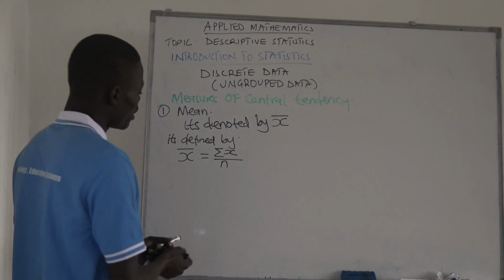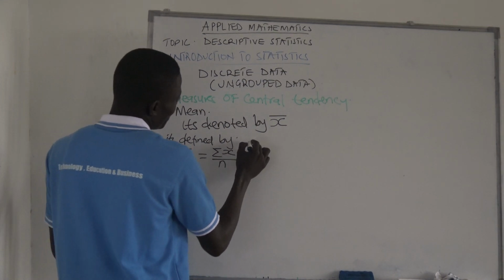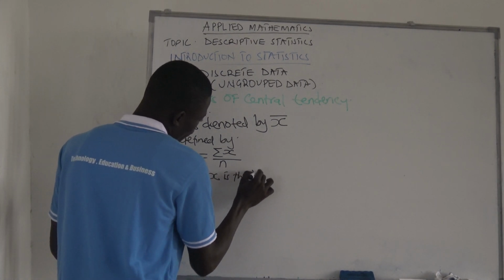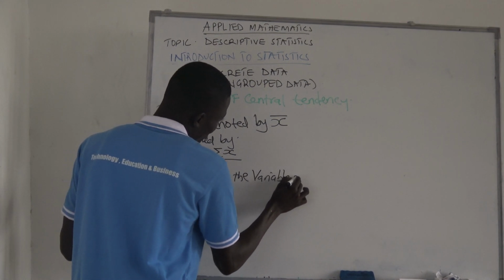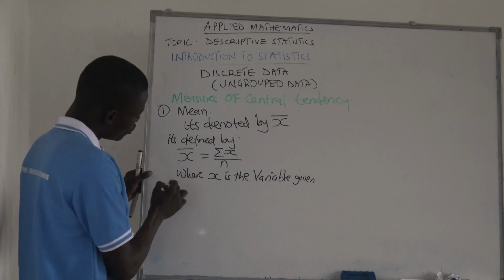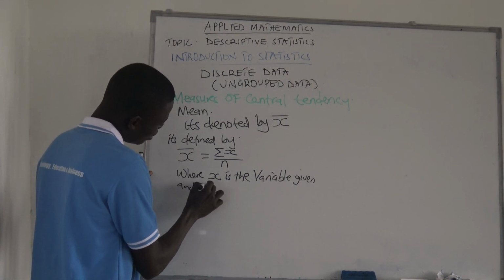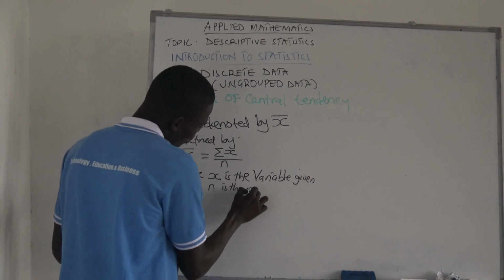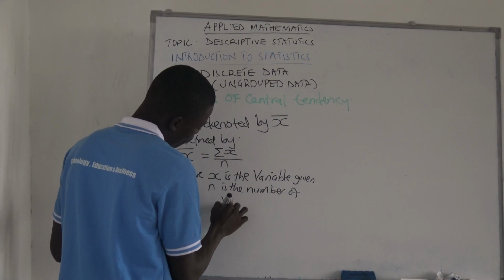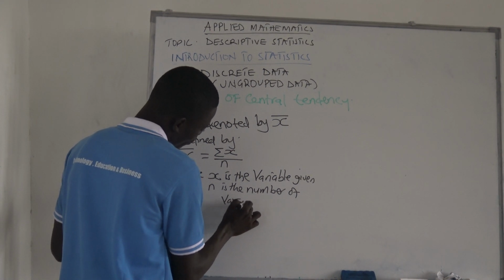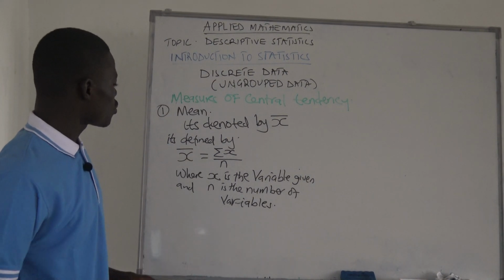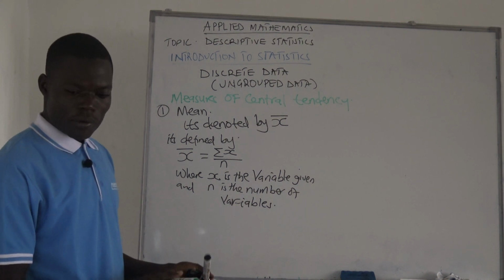Where x is the variable given, and n is the number of variables. So that's the mean. For example,